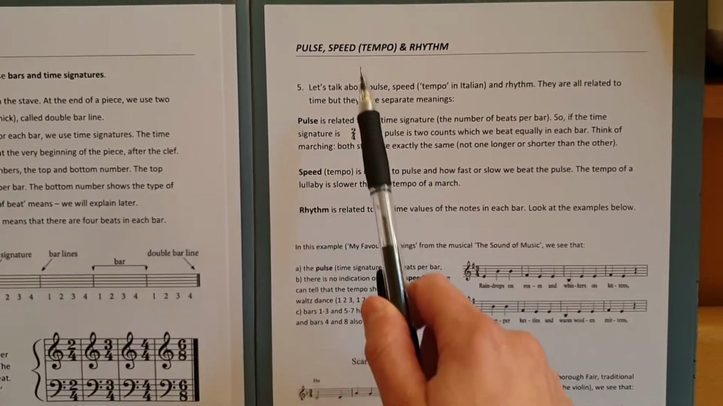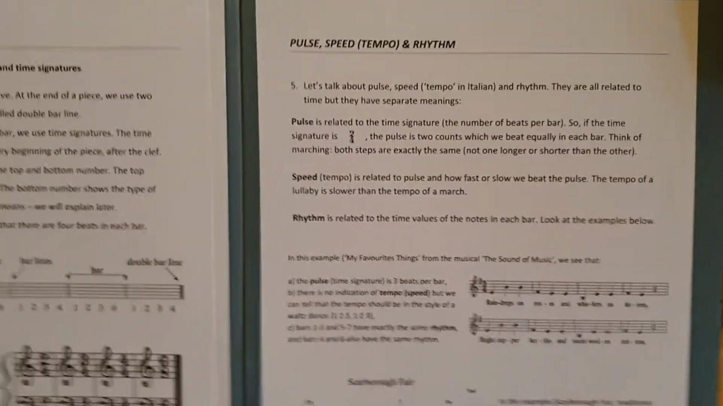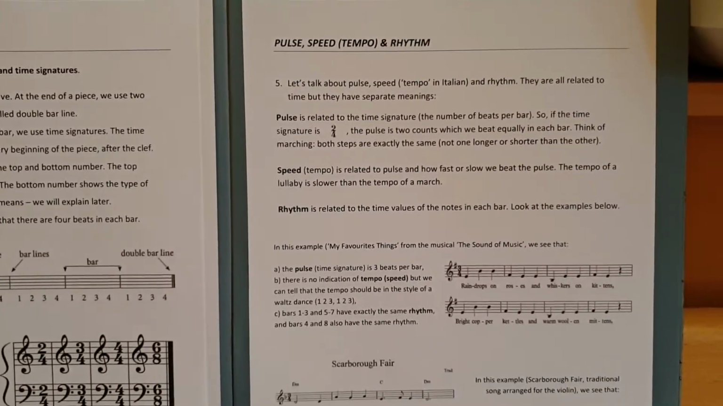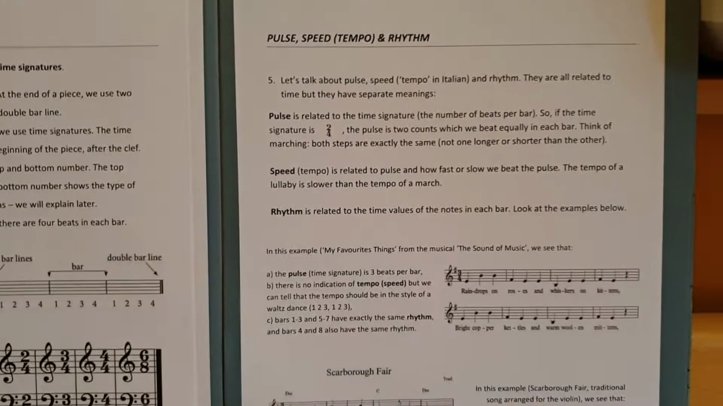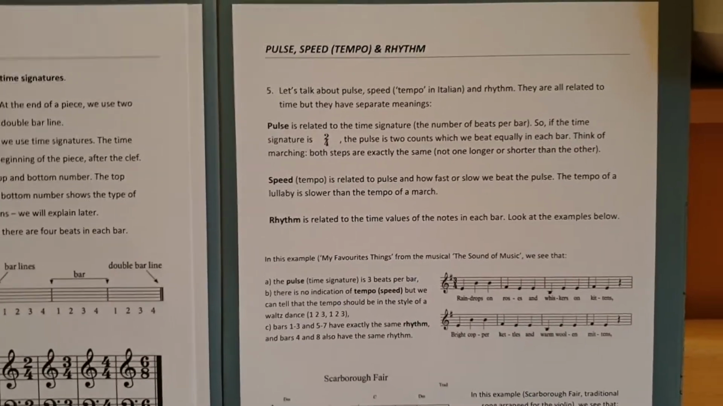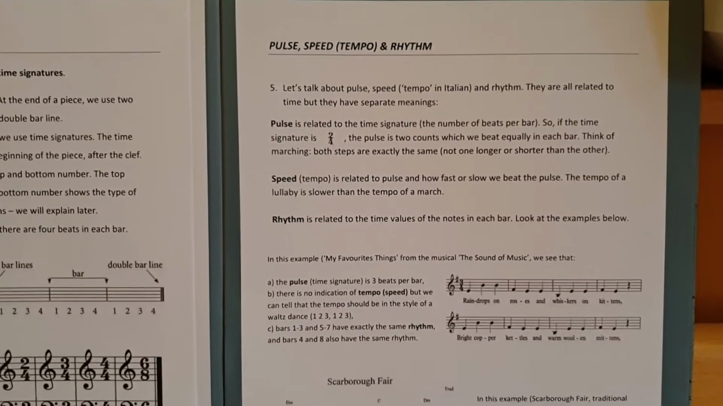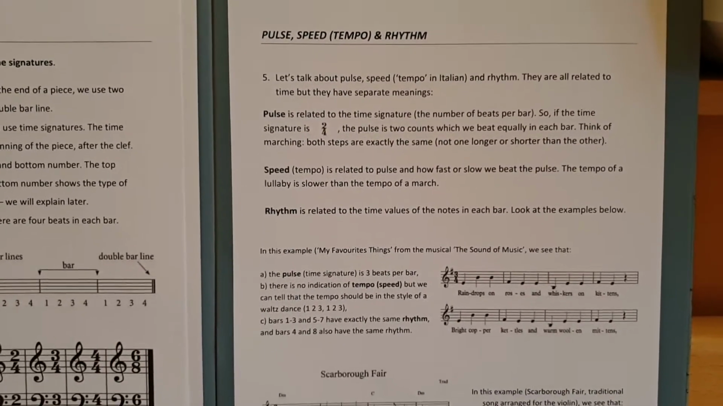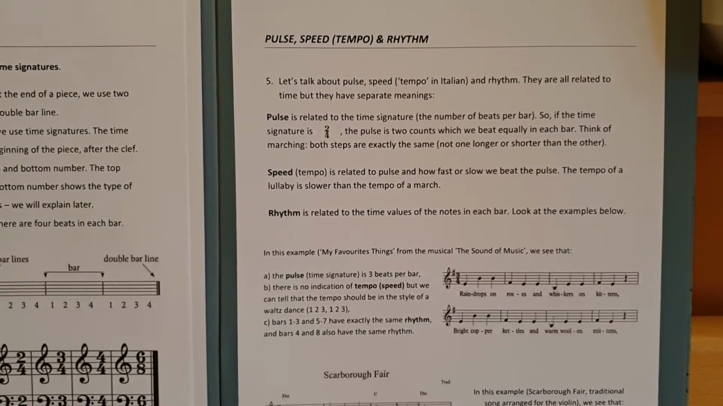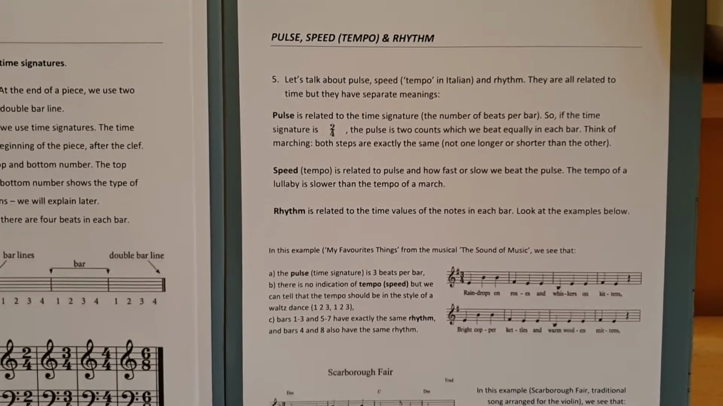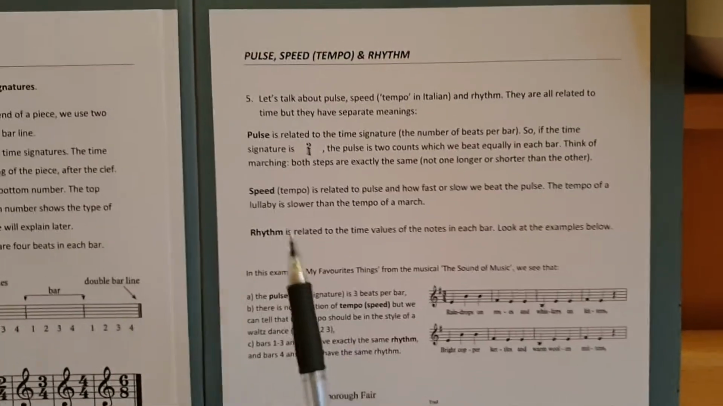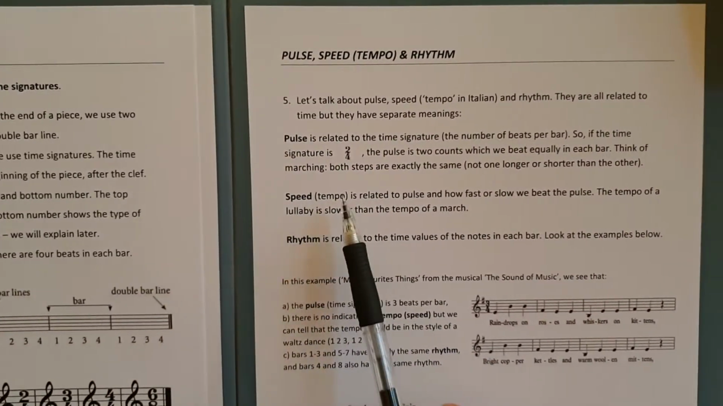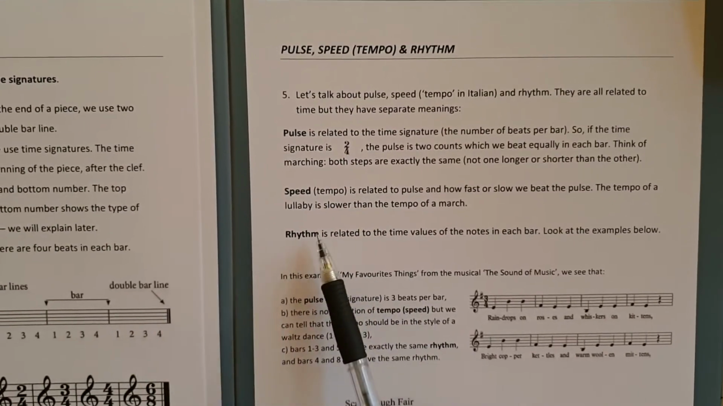I'm explaining here that the word tempo is speed, but in Italian we tend to use a lot of Italian words in music, so I'm introducing tempo straight away so that we can learn our Italian slowly. And the pulse, the speed, the tempo and the rhythm, they are all three related to timing, but they mean different things. And I'm explaining here pulse, what it relates to, speed, tempo, what it relates to, and rhythm, what